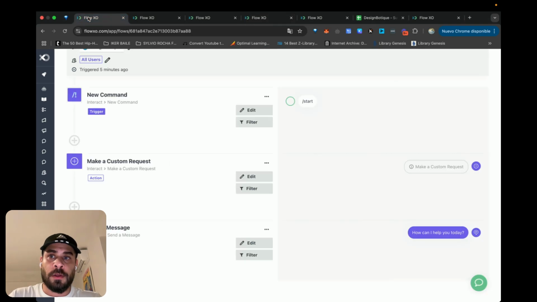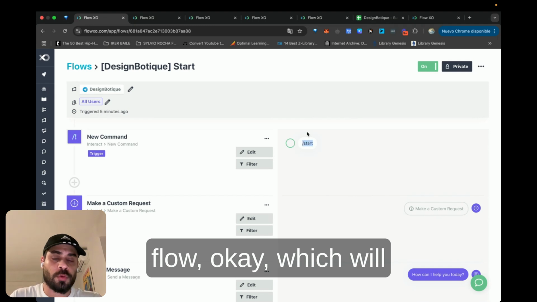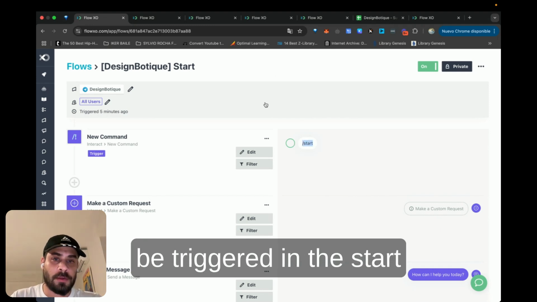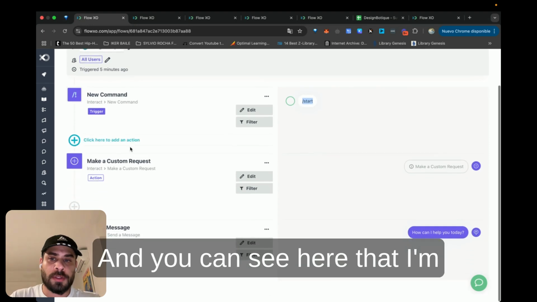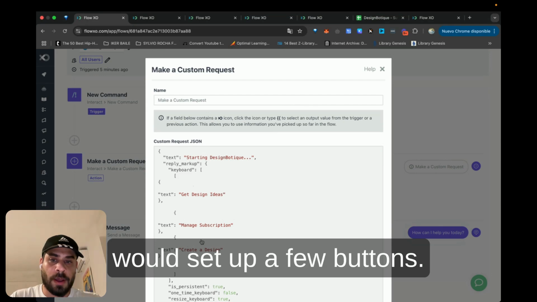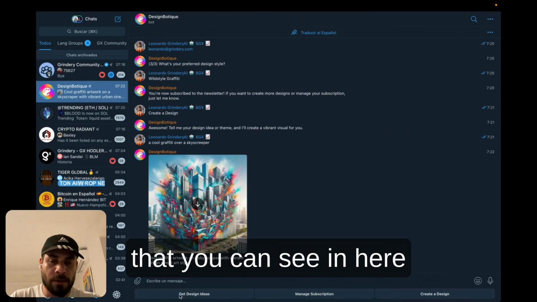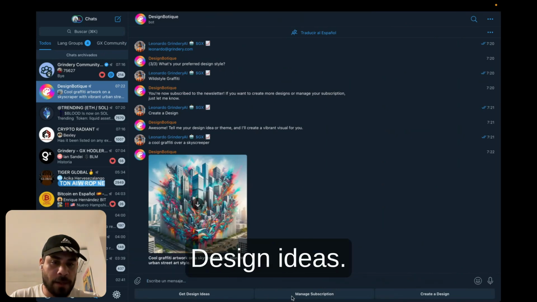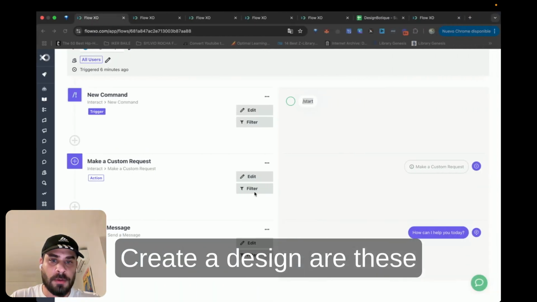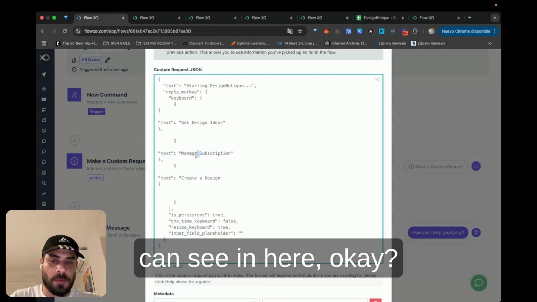Basically, I have a start flow, which will be triggered when you start the bot. And you can see here that I'm making a custom request, which would set up a few buttons. These are the buttons that you can see here at the bottom: design ideas, manage subscription, and create a design.